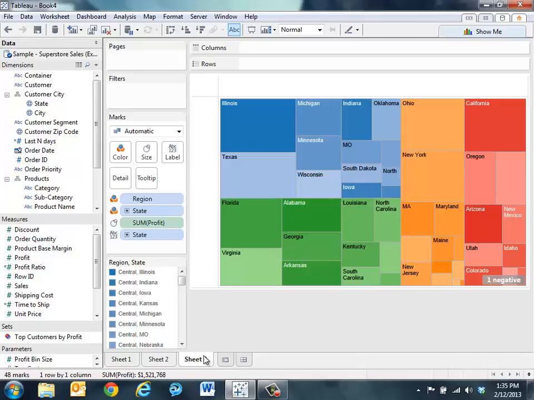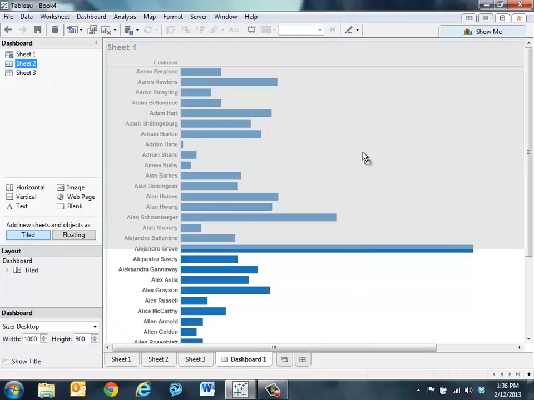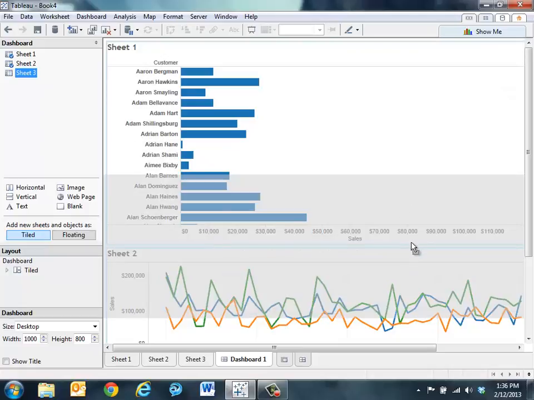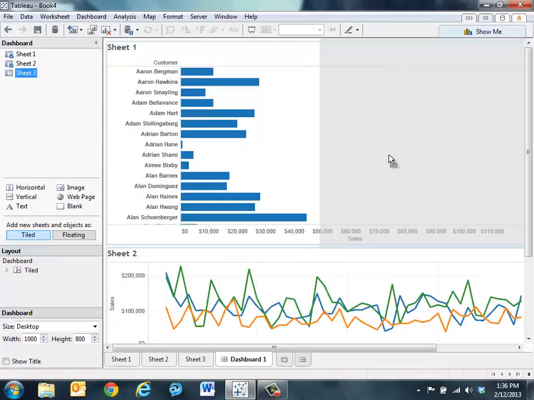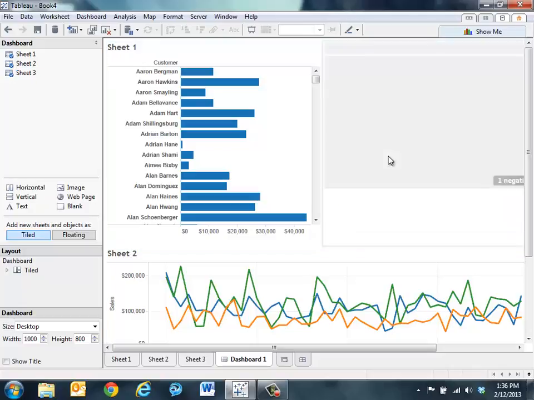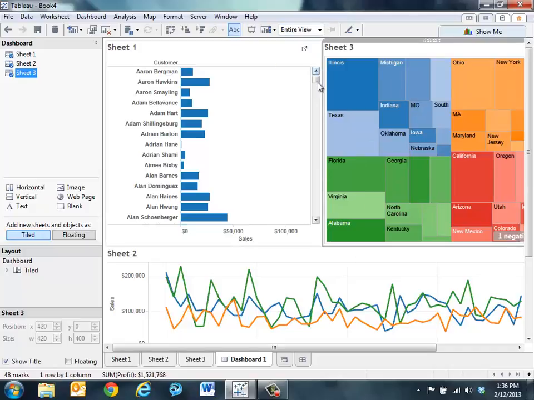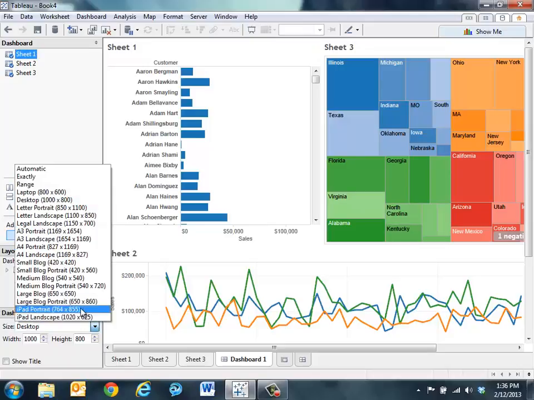Let's go ahead and jump to the end here and create a simple dashboard. Just bring all these sheets together on one view. We can see here the different ways we can create a dashboard in Tableau by quickly just hovering over the different areas on the visualization, and it is apparent to us how to set up that dashboard to our liking. So once I have that created, I could quickly size these as well. And I can resize the dashboard itself here